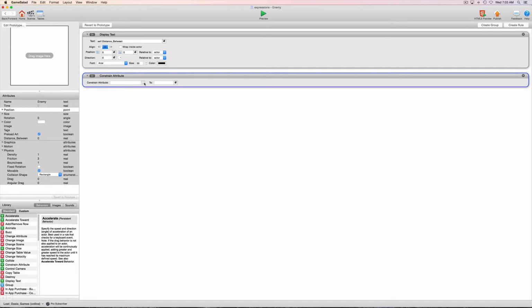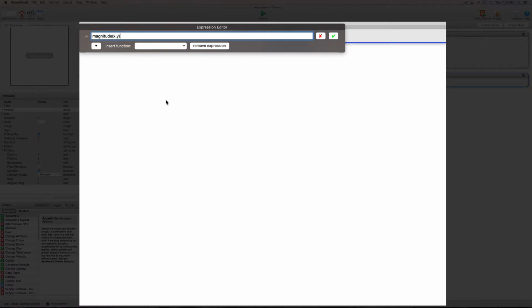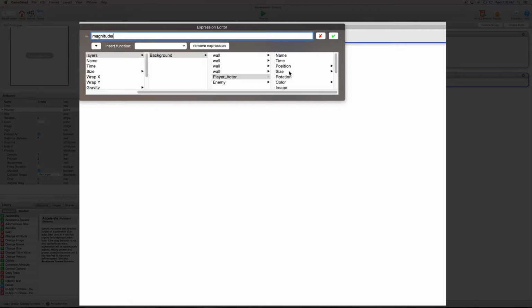It actually mirrors the data constantly, every cycle, so that it just continually keeps updating. So we'll constrain the self distance between, and we'll click open the expression editor. And we're going to use the magnitude function. So let's come down and grab the magnitude function. Although usually you'll use external attributes, since I've broken the prototype, I can access the scene. And so I'll go in and grab my player actor here, and I'll grab